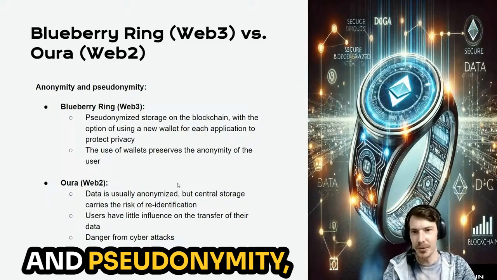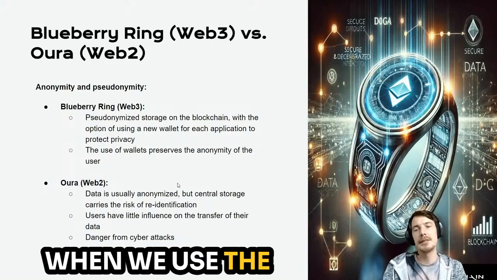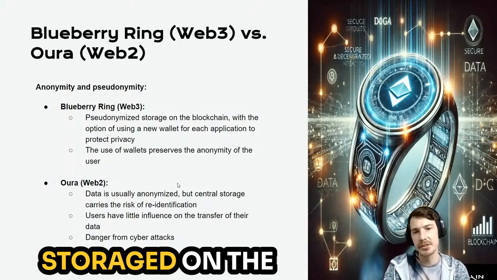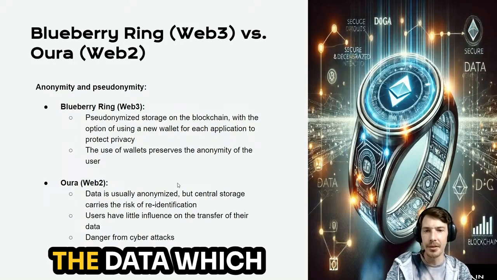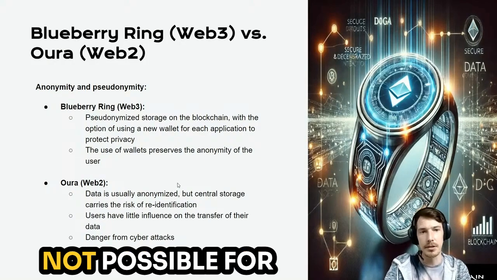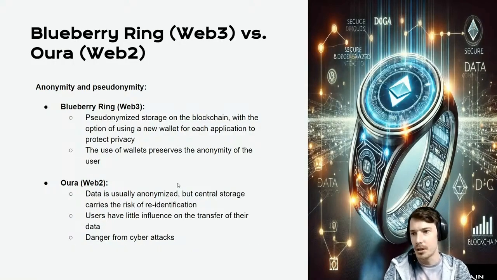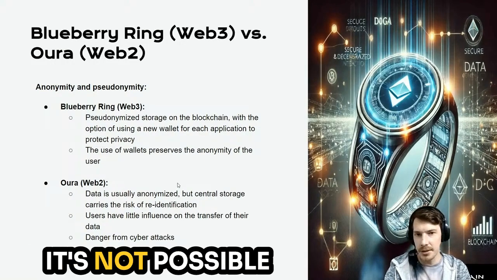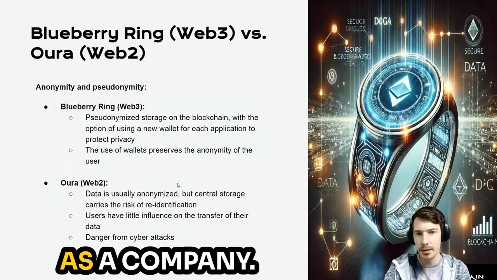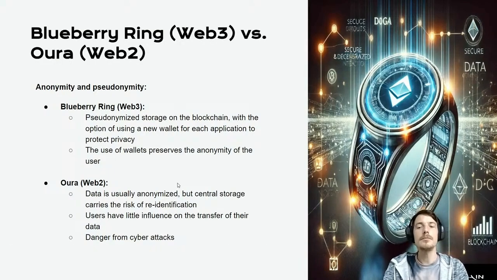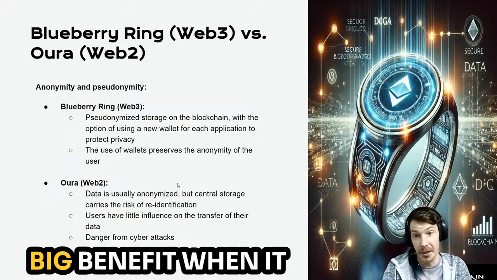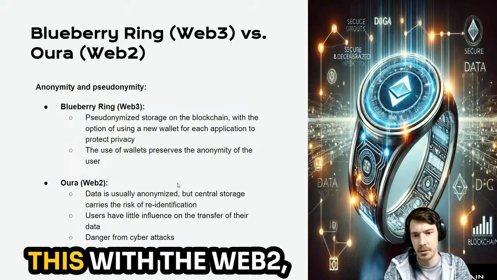anonymity and pseudonymity. When we use the Blueberry Ring, our data is pseudonymous storage on the blockchain, and a comparison between us as a person and the data which is stored on the blockchain is not possible for anyone who wants to use this data. It's not possible for Moonchain as a company. It's just not possible. I think this is a really big benefit when it comes to compare this with a